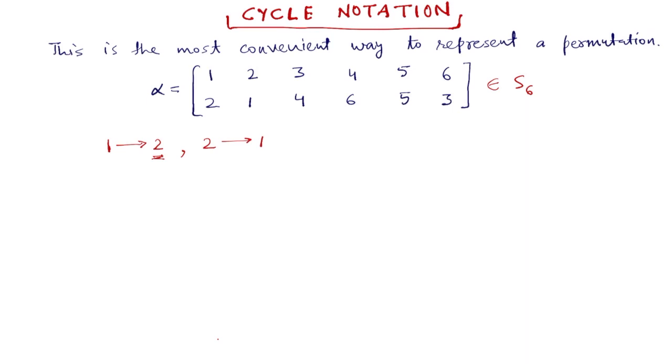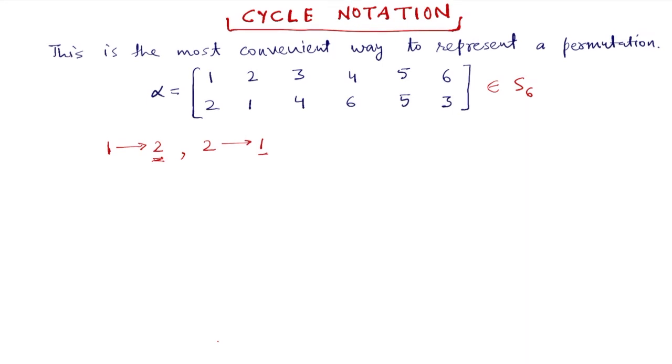So we started with 1 and we have reached at 1. So we will finish this cycle here. We have used now two symbols 1 and 2 in this cycle. Remaining symbols are 3, 4, 5 and 6, and out of these 3 is the smallest symbol. So let us start now with 3.